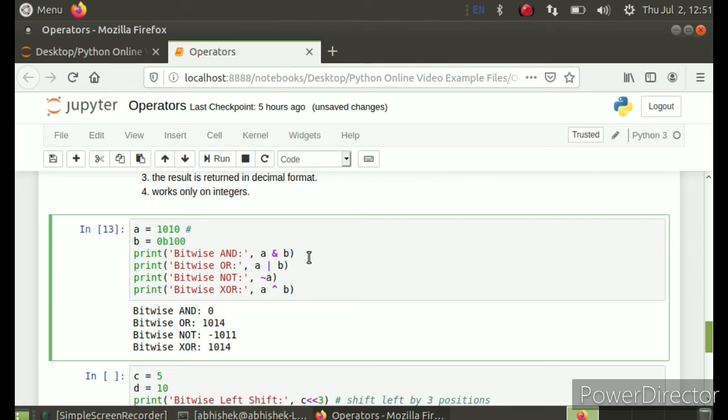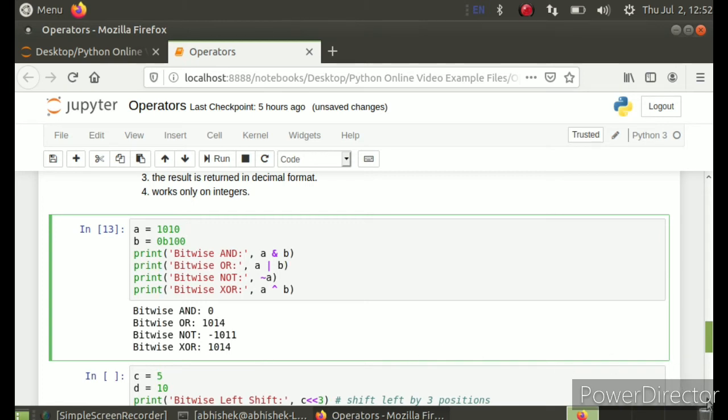You can check that here also: 0 and 0 is 0, 1 and 0 will be 0, 0 and 1 will be 0, and 1 and 0 will be 0. That's why bitwise AND is giving 0. The same you can check for OR, NOT and XOR. In NOT you simply have to remember that NOT will give the ones complement as output.